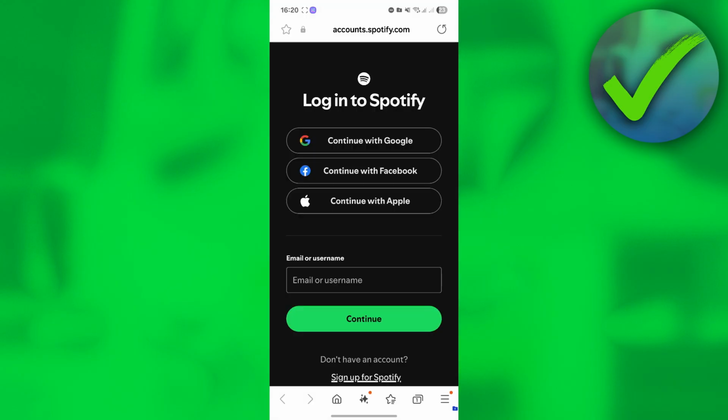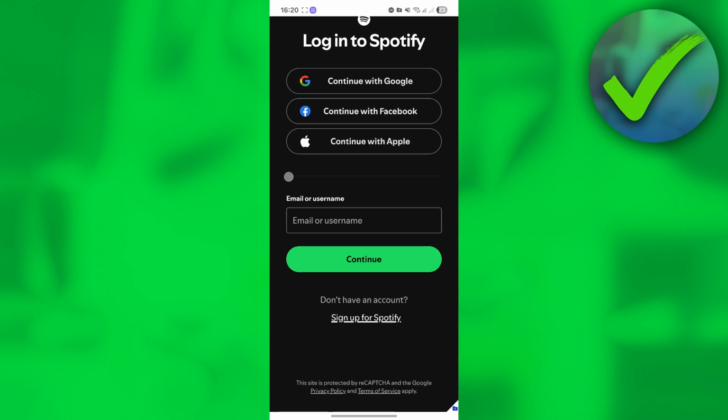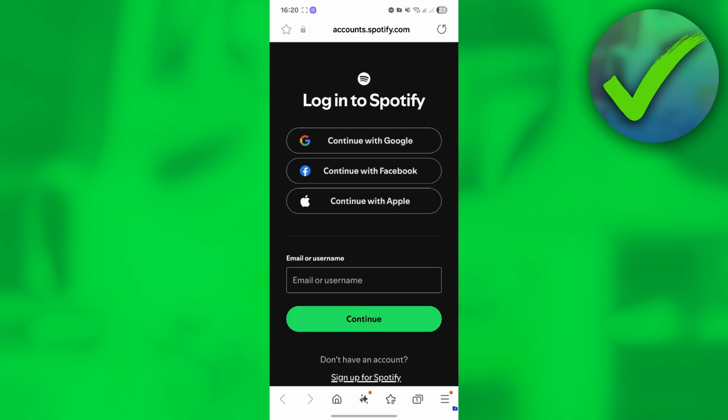And then all you have to do is to, of course, enter your login details. You can log in through your Google account, through your Facebook account, through Apple, or through your email. So if you haven't created an account yet, all you have to do is to sign up for Spotify, and then that should be it. You will now be able to connect your